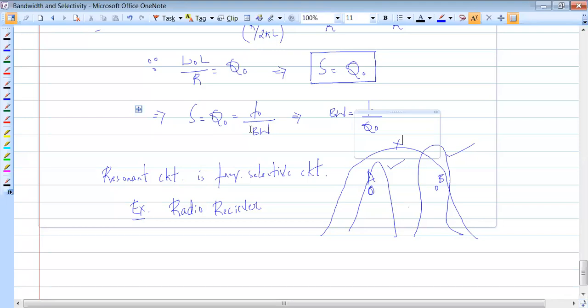Okay, we have 2 more minutes left. If you have anything to ask regarding this, you can ask. Any doubts regarding this? Selectivity stuff you understood, right? For selectivity to be good, I want the quality factor to be a big number. For this quality factor to be a big number, I want this bandwidth to be very small. If the bandwidth is narrow, then I can tune to one particular station. If bandwidth is large, multiple stations get tuned, and the interference happens, which is not good. Okay with this, everybody?